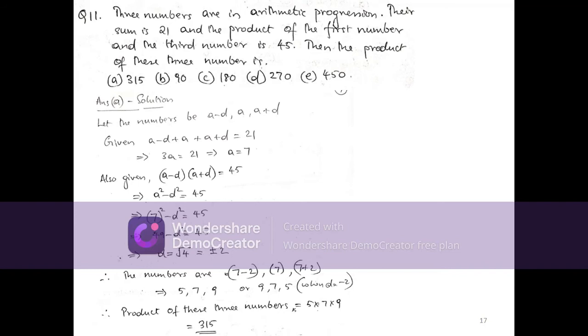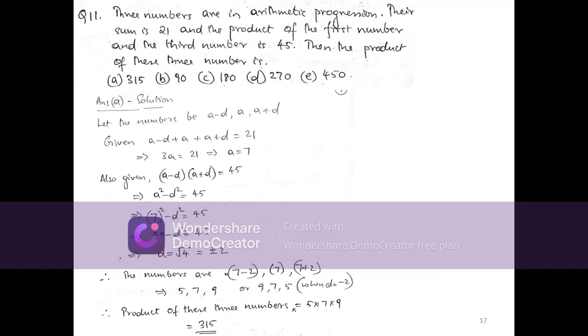If the numbers are A minus D, A and A plus D, then what would be the arithmetic mean? It will be A, that is A plus D plus A minus D by 2, which is equal to A. What is D? D is the common difference. Since there are 3 numbers in arithmetic progression, A is the middle term, that is the arithmetic mean here.